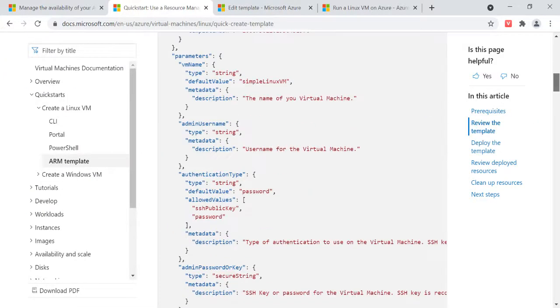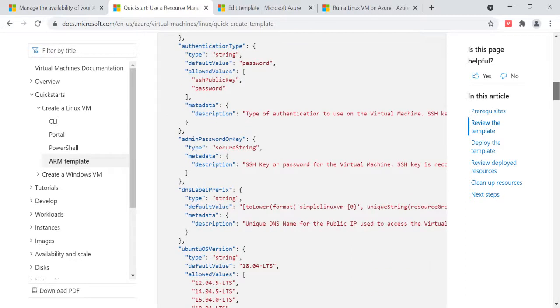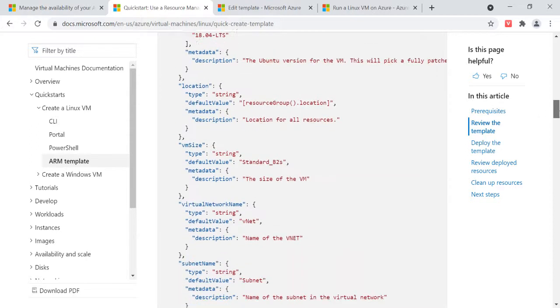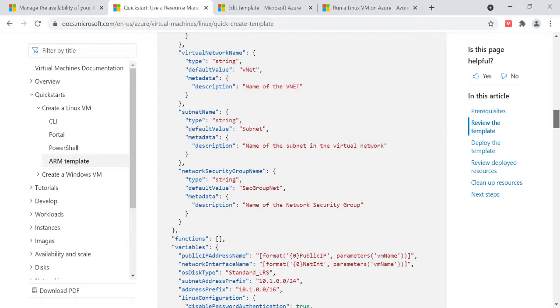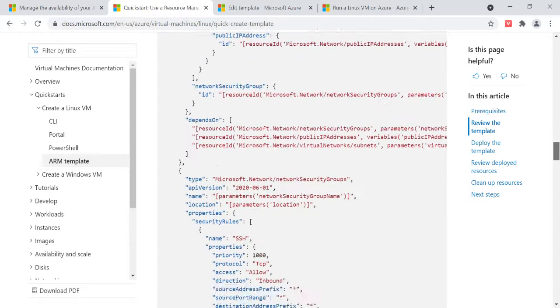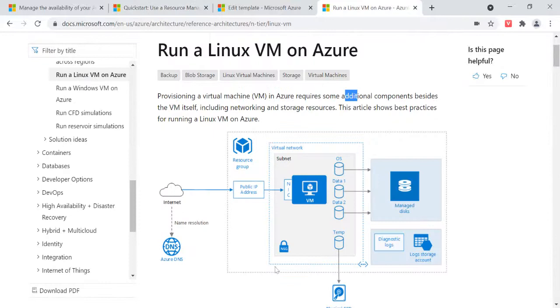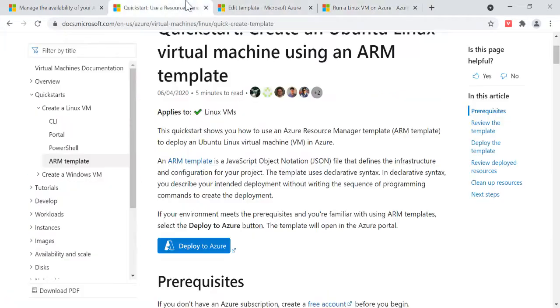So these are the parameters you have to mention: username, authentication type, password, metadata, like versions, what will be there in the Ubuntu. These versions are there, which version you want, you have to specify there. Locations, you have to specify VM size, virtual network name, subnet name, network security group you have to mention. So all these things you have to mention. Network security group is the filter that will stop the undesired traffic to your virtual machine. So likewise, these all come under security groups. So I think everyone knows about those things.